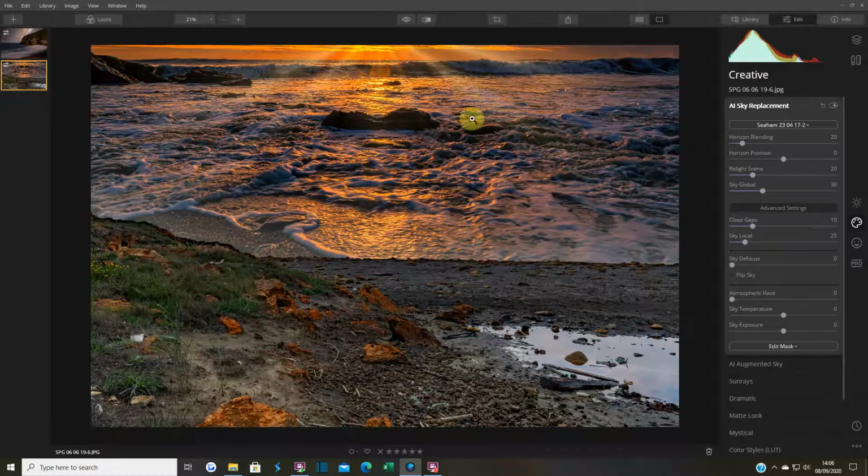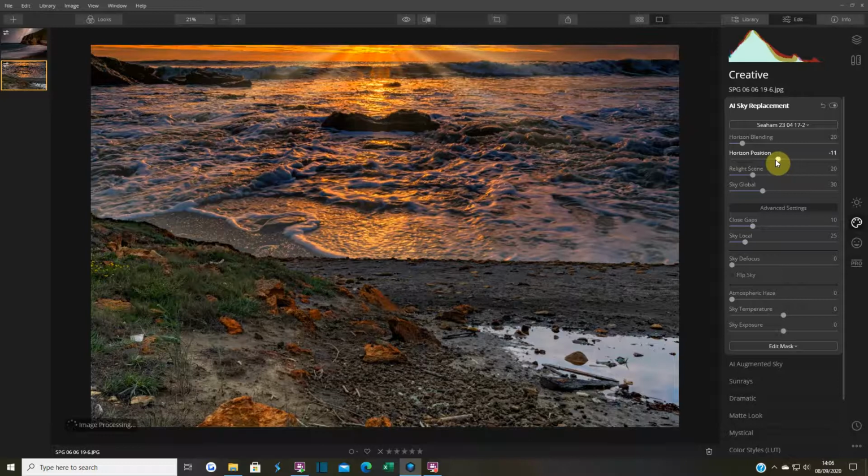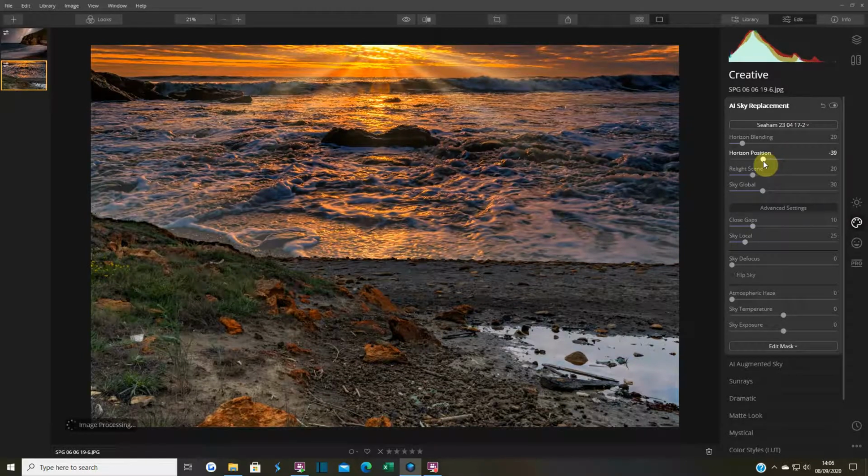Don't worry about this, we'll sort this out. You think, oh my god, it's broken. It's not. So to bring this down, horizontal position. So as you bring it down,